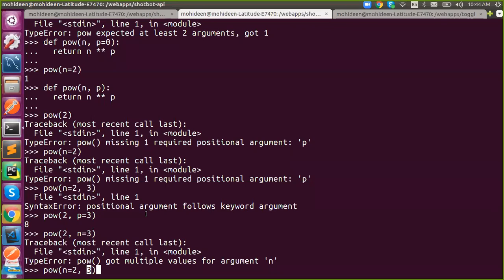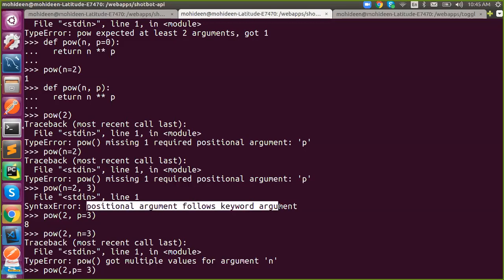The logic is: a positional argument cannot follow a keyword argument. Meaning you can pass positional arguments followed by keyword arguments. Now pow(2, p=3) is valid, and similarly this is valid. That is the logic. If this rule is misused, it will raise a syntax error.